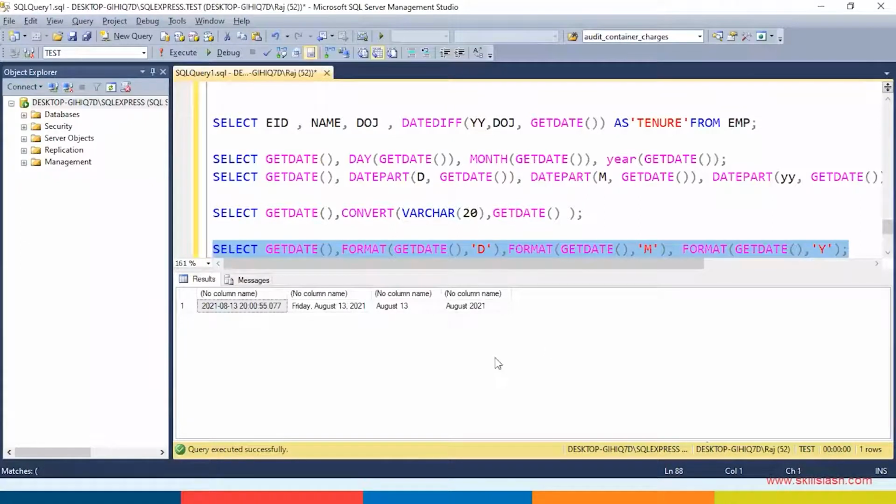The focus here is on the month, here on the day, and here on the year. So you can use the format functions as well, whatever you want as per the requirement. These are a few of the commonly used date functions.